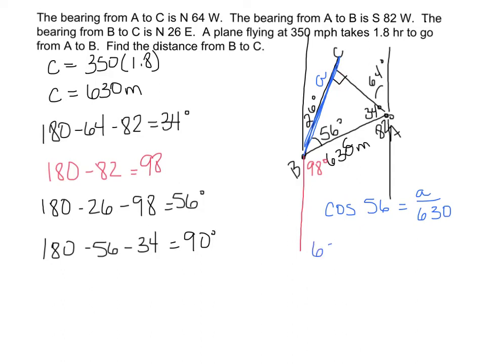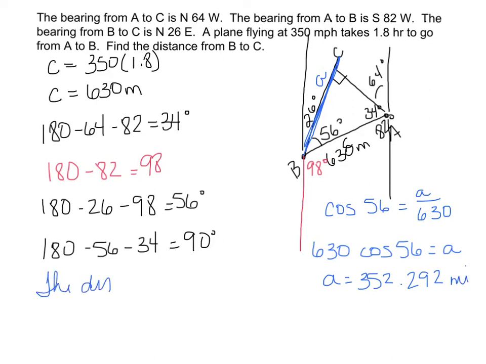So that's 630 cosine of 56 will give me side A. I get that side A is 352.292 miles. And I can say the distance from B to C